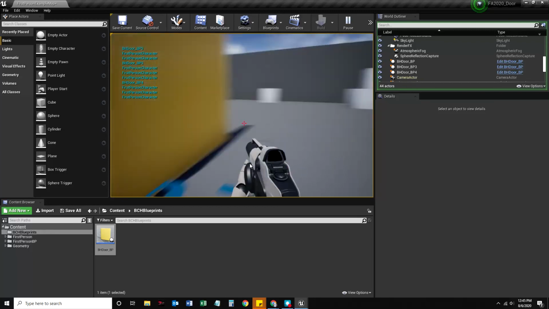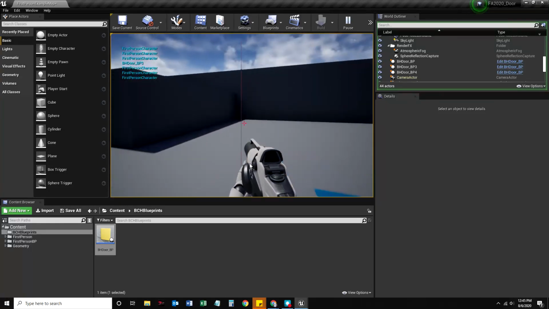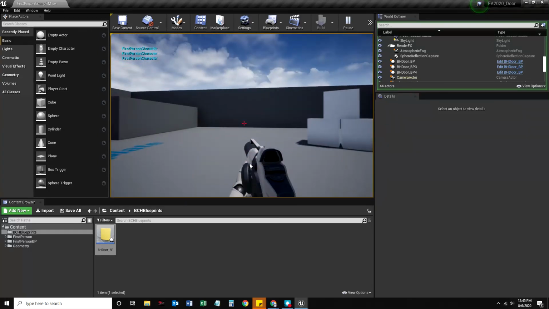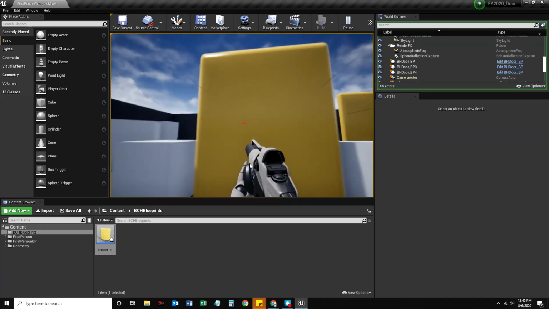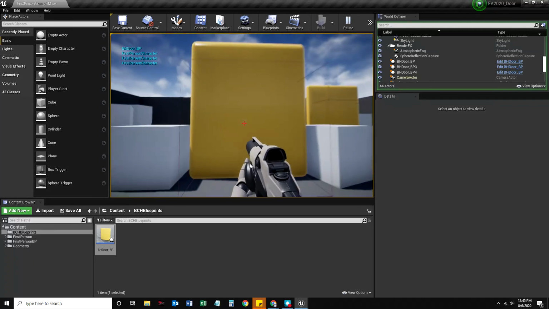There's our code for making a door teleport and making it come back to a normal place. In the next video, we are going to learn how to make that actually animate a little better, and we're going to get into